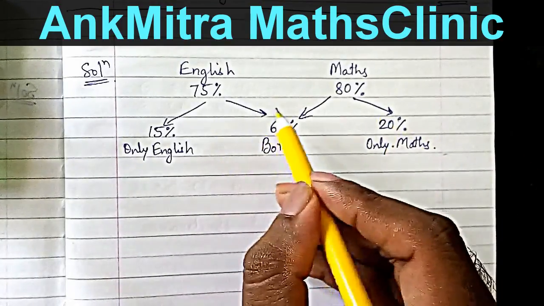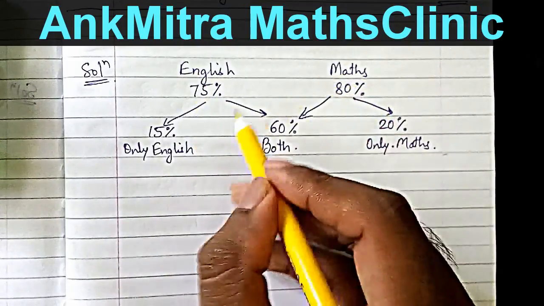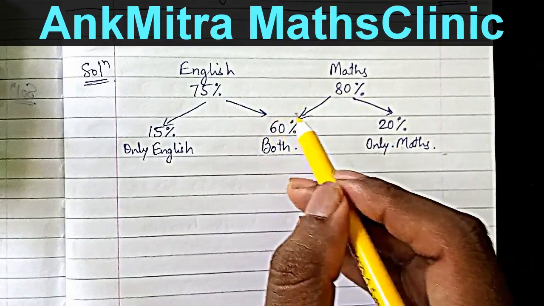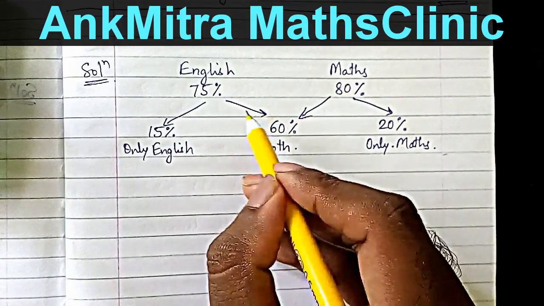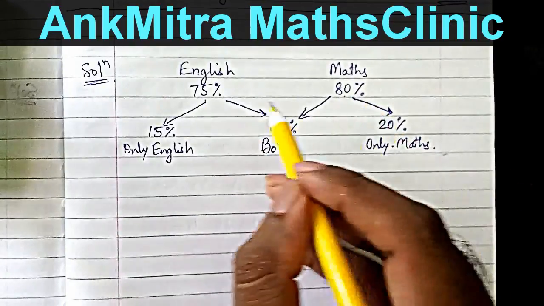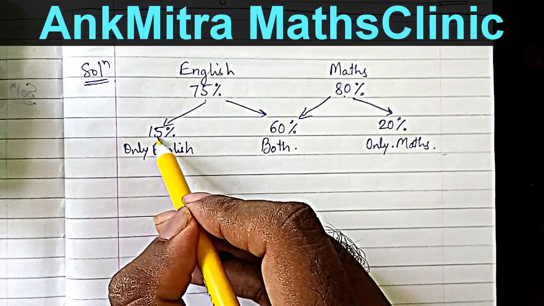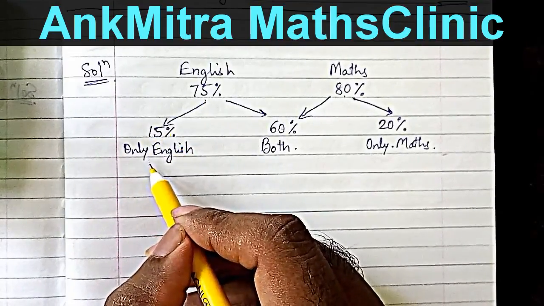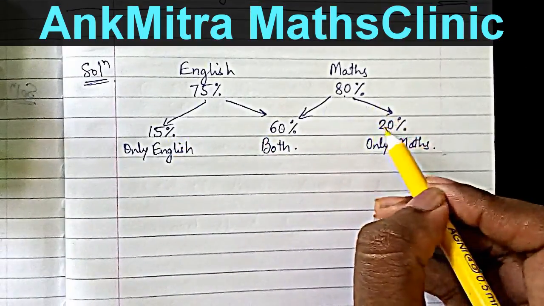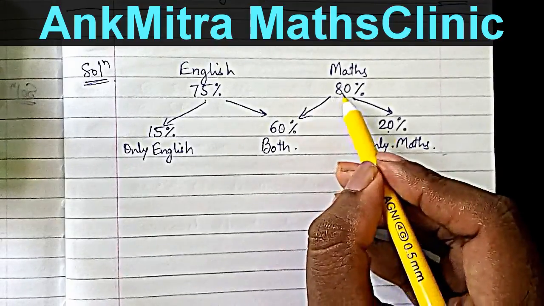Okay, so in this 75% that have passed in English and 80% that have passed in maths, 60% of the students are such that they have passed in both the subjects. That is, this 60% is a part of this 75% as well as this 80%, right? So subtracting this 60%, we have 15% of the students which have passed only in English, right? 75 minus 60. Similarly, we have 20% of the students which have passed only in maths, which is 80% minus